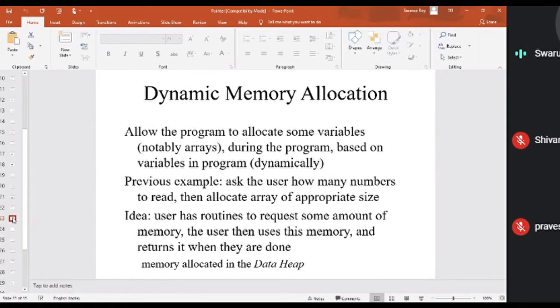Because normally we don't allow any code to be accessible to the user. Nowadays, people are making some of the code open access, but normally we give executables to someone. Like the PowerPoint that I'm using, they're executable files. You cannot go back to the code to see how they have done it. So most of the cases it happens. Dynamic memory allocation is basically helpful in such cases, which basically allows some variables to be created during runtime.